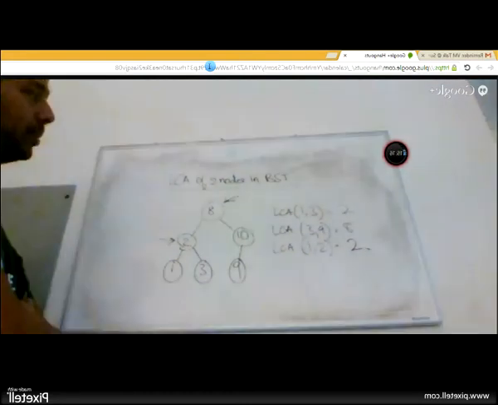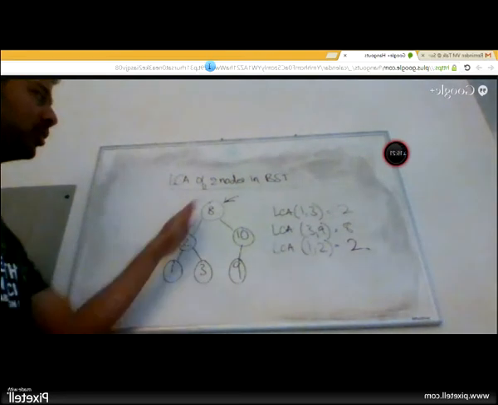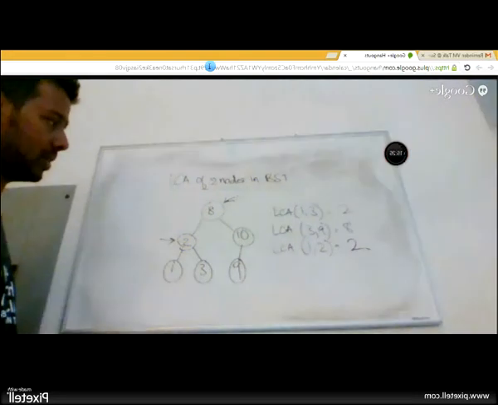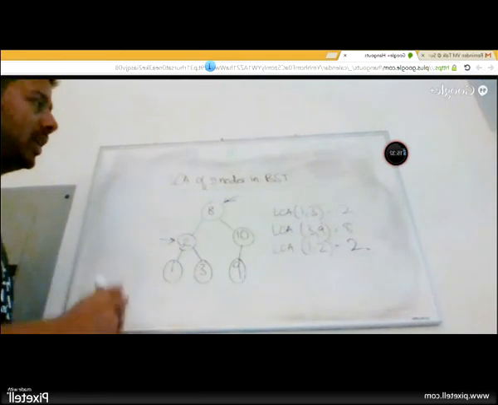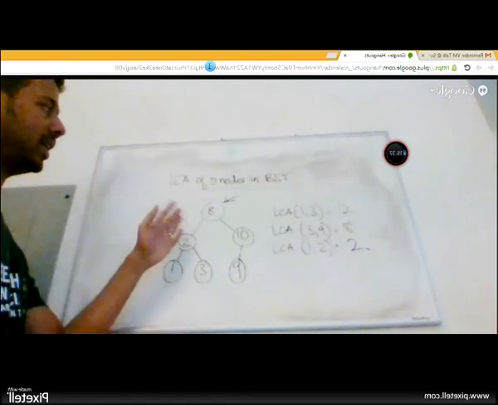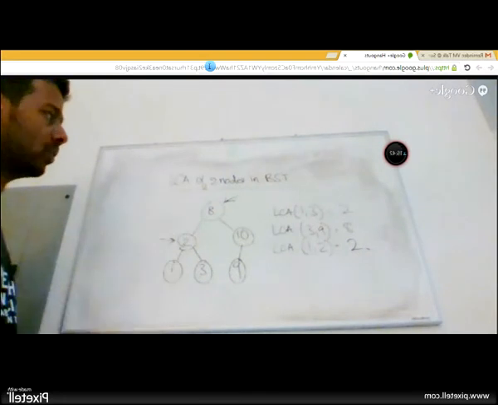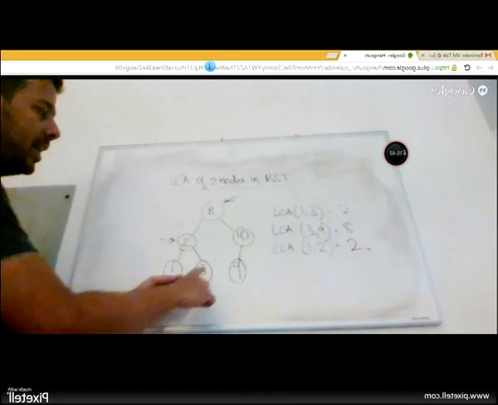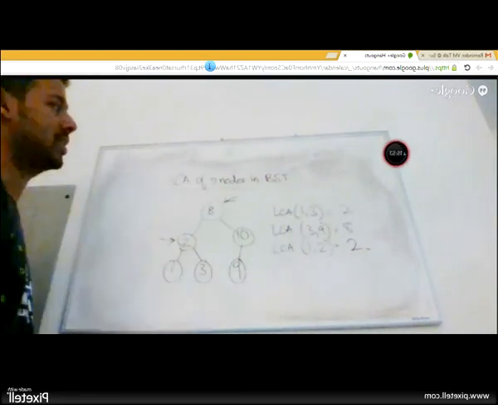You don't really need to store the updated value at all, because anytime I have a complete unbiased decision to go either to the left or right, we know that node can never be the LCA. Only when you get a split, you know that is the answer. So I start with 8. Since 1 and 3 are both less than 8, I know that 8 is definitely not the answer. Then I go to 2. I compare 1 and 3 with 2. There's a split. 2 has to be the answer. Same with 3 and 9. I start here. Immediately I get a split. So I know that 8 must be the answer.